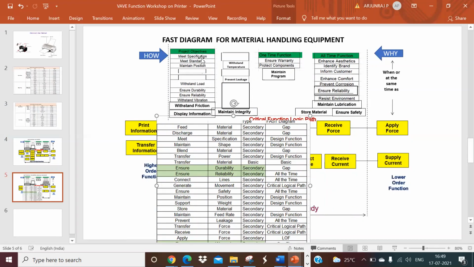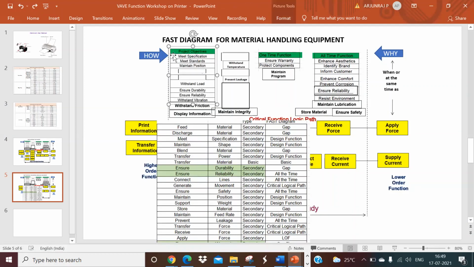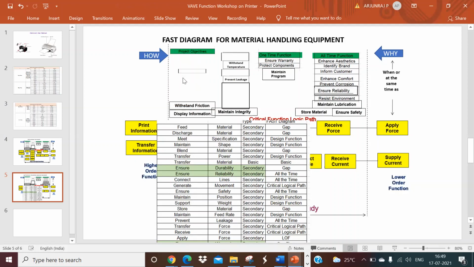So meet specification is there. Again, we have to see. What you have to do is fill it in this way. Wherever I put the design function, you have to include the design functions here. And wherever I put the one-time function, you have to include the one-time function here. Wherever I include all time function, you have to include all time function here. This is the logic that you need to do first. That is the first step. First step, you need to write down project execution, which is nothing but a design function. Okay, write down all the design functions here.